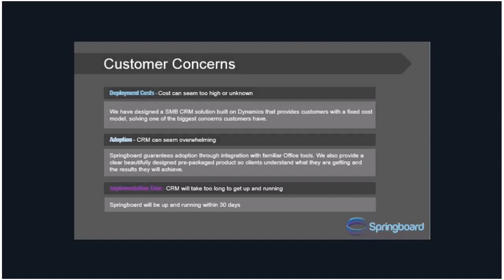And we say that we can go from naught to Springboard within 30 days. And quite often the implementation time is less than 30 days, but that builds in a nice little period just in case we're waiting on some feedback from the customer. And so that quashes most of the common myths around the implementation of a CRM solution, and it's really what Springboard is focusing in on to